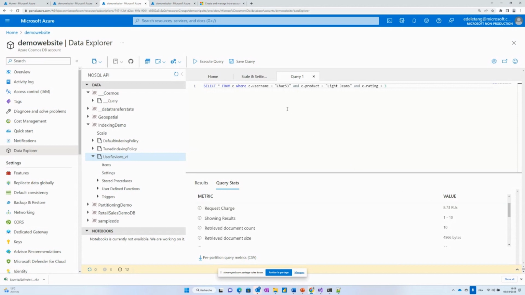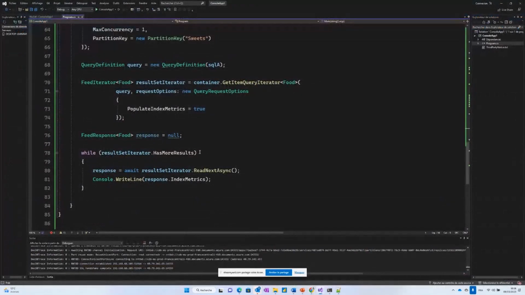How do I identify which composite index I can use, or what is a potential index? Do I use my index? A lot of customers ask me this question in general, and they ask me, hey, Emmanuel, how can we do this? How can you help me? What we have done recently is, in the SDK, we have introduced something named Populate Index Metrics.